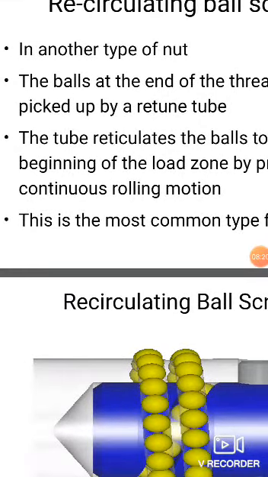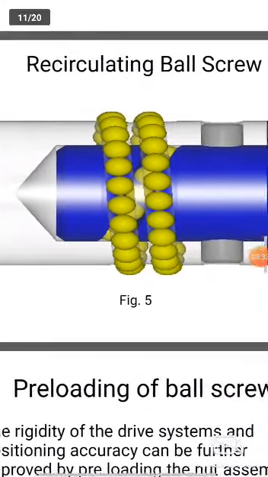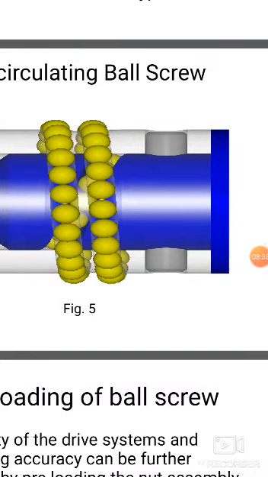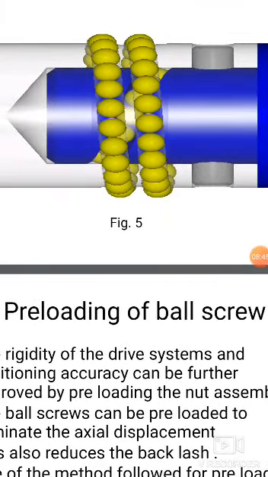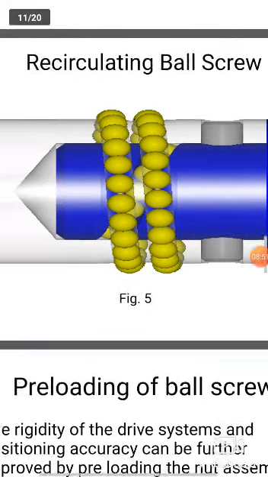So what happens as we go on rotating is that sometimes it will slip also. That means the ball bearings will come one by one and hit each other. So see here, it is showing a recirculating ball bearing. This is also a recirculating ball bearing. These bearings are one on the other. If it rotates at speed, it crosses from one ball to the other bearing and it will get a problem also. So this is one type of recirculating ball screw nut.